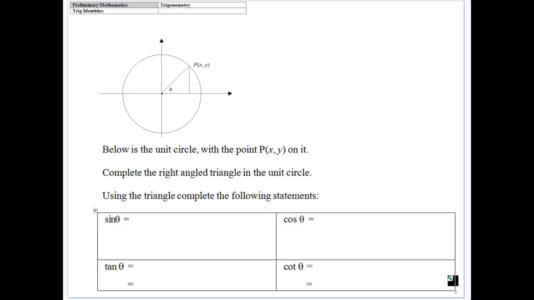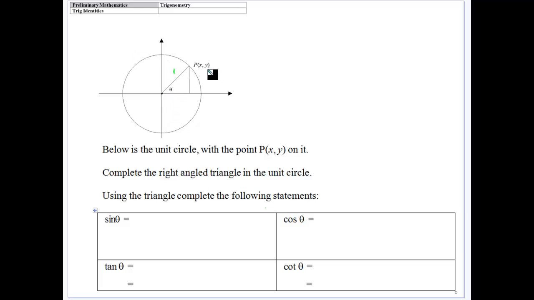Now, in trigonometry, the relationships we have for the sine, cosine, and tangent take on some new relationships as we get a bit more complex. So if we want to go back and use the unit circle to start proving some of these. Now, you remember the unit circle's a circle with a radius of 1 unit, and then we've got a point